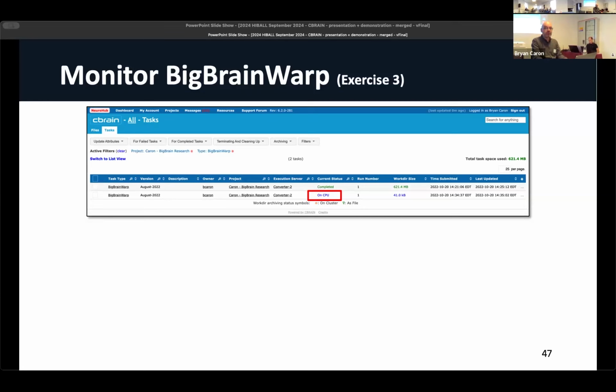Okay, what is your project? If you look next to CBRAIN here, what is the name of your project? If you click on where, in my case, it says all, because you submitted it as part of the project name that you created at the beginning, select that project. And then make sure you go to the tasks menu, and then you should be able to see it there. Okay, good.